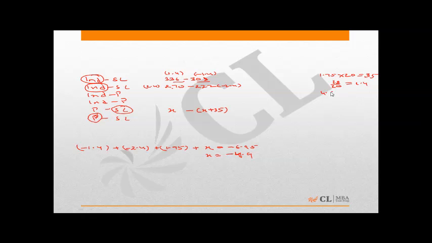Minus 4.9 means this will give me the extra runs which Pakistan scored or the lesser runs which Sri Lanka scored. So let's say if in this match Sri Lanka scored Y runs, then Pakistan must have scored Y plus 98 runs. Fine. We are also given one more piece of information in statement